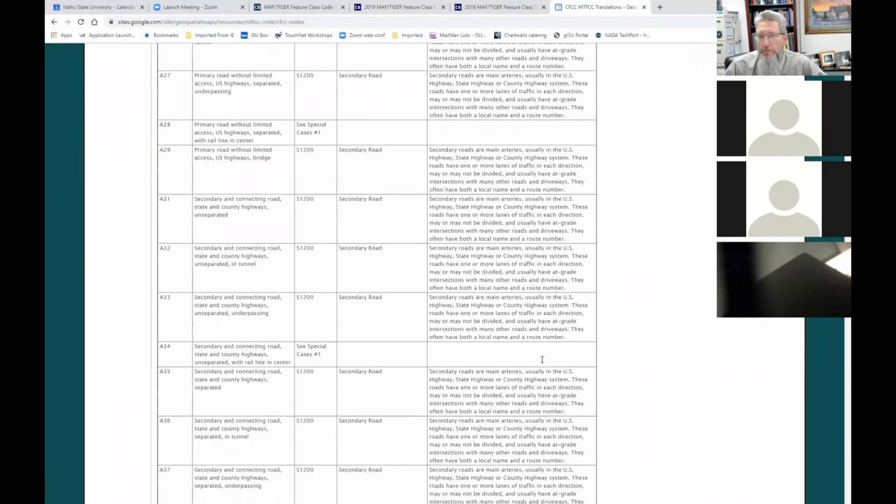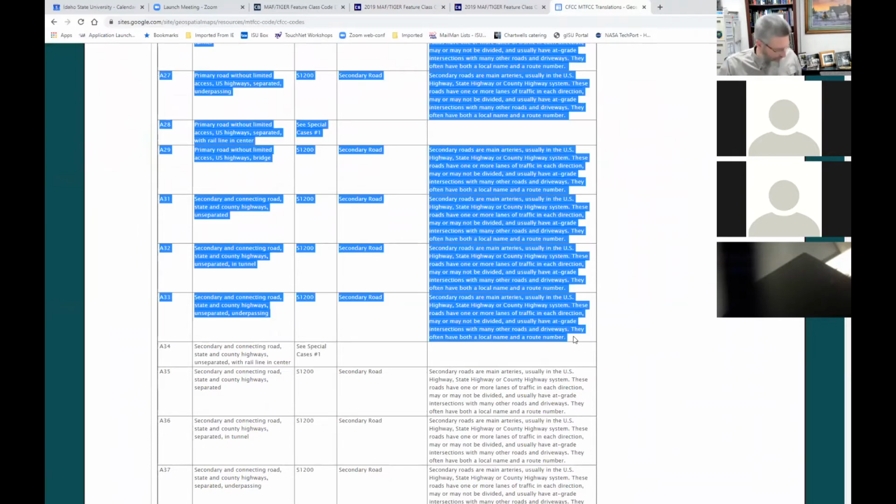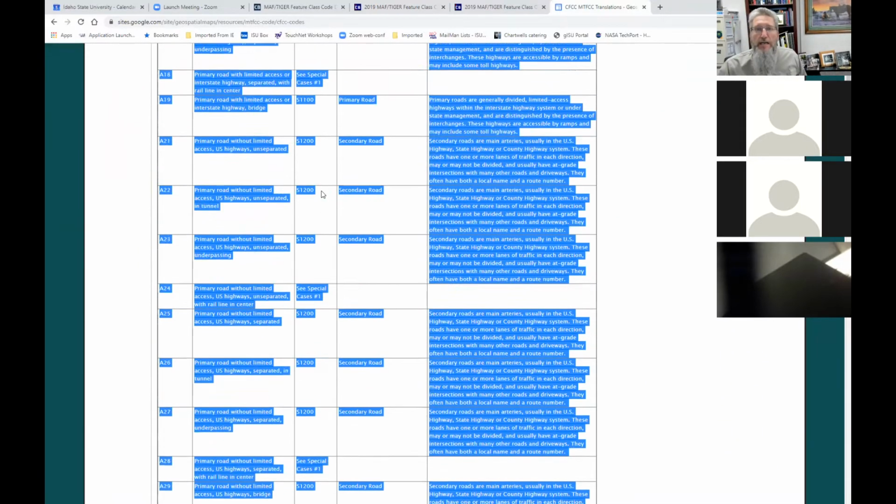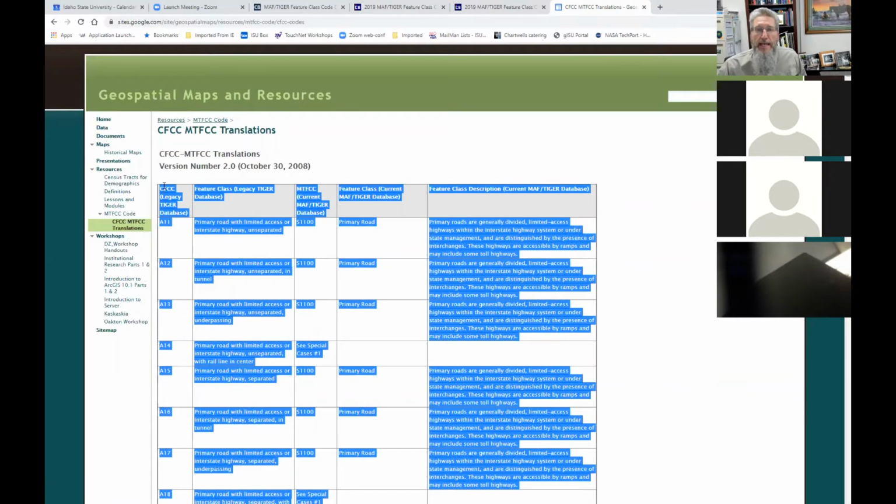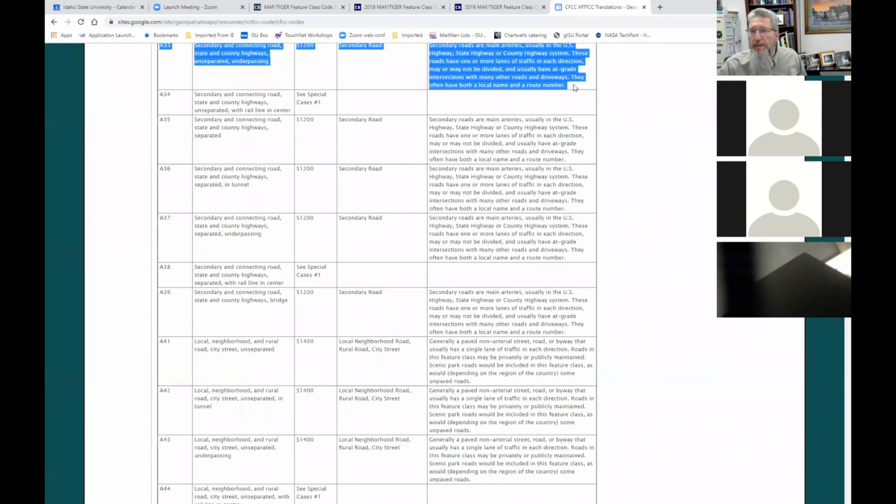We can take as much as we want. I'll just stop about here, but we could go all the way down to the bottom of this thing. I pressed Shift and clicked at the bottom. So I started clicking and selecting from the upper left corner of the table. I Shift-clicked on the lower, let's say, right side of the table. Now I'm going to copy this, and if I go back